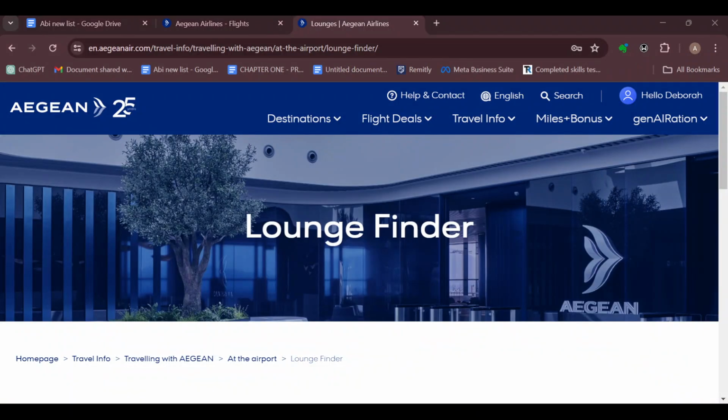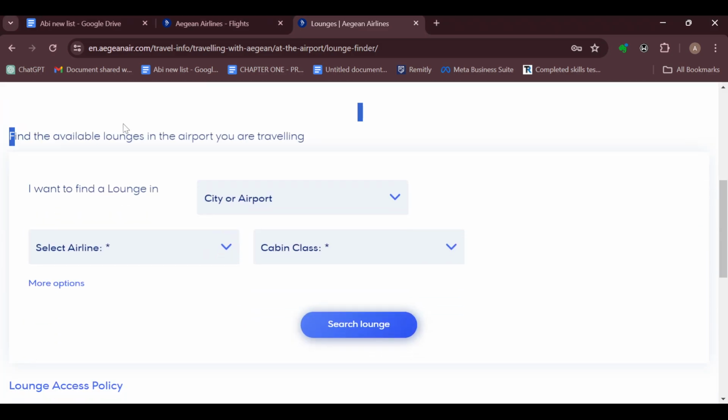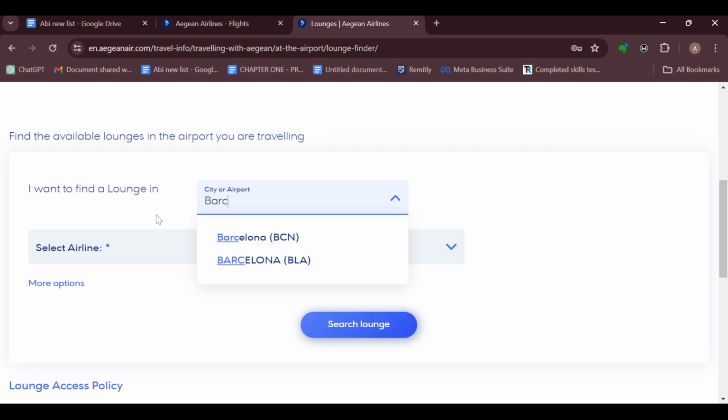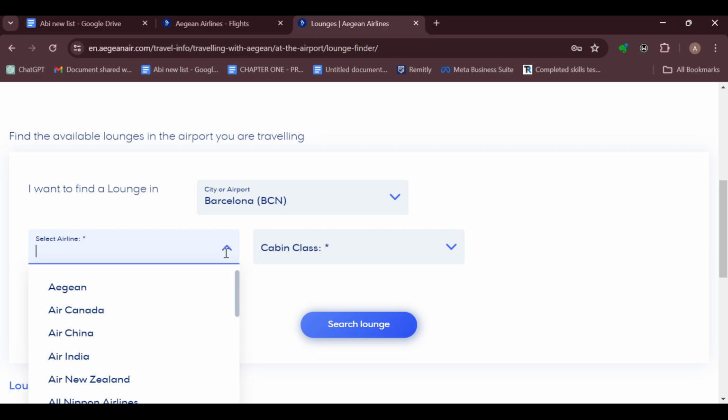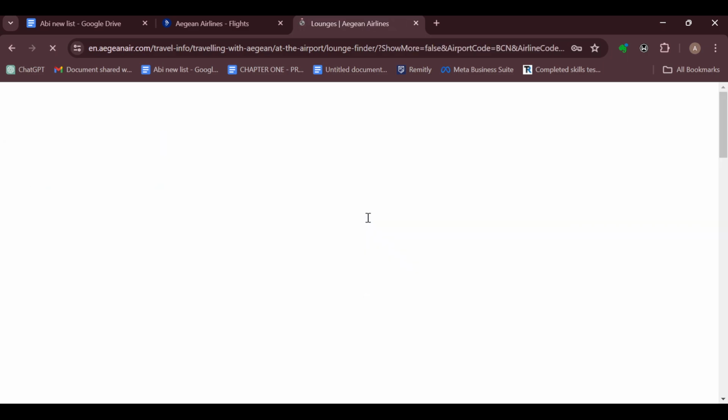On this page, you can see the lounge finder at the top right, and the next thing to do would be for you to find the available lounges in the airport you are traveling from. The first thing will be to select the city or the airport here. So if it's Athens, or for example Barcelona, just go ahead and tap it there. The AEGEAN lounge is available for this particular city or airport to be displayed, and then you can go ahead and select an airline. In this case it is AEGEAN. Then select the class, of course business class,